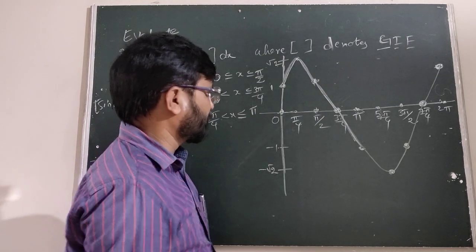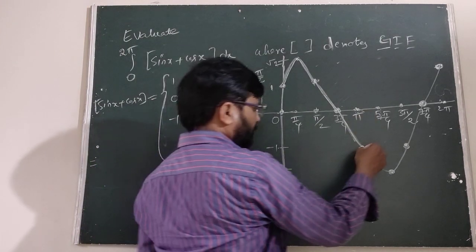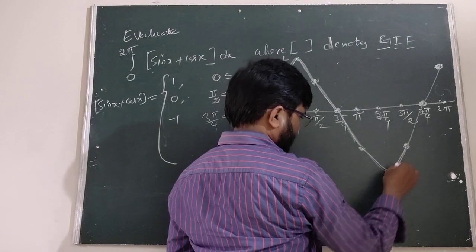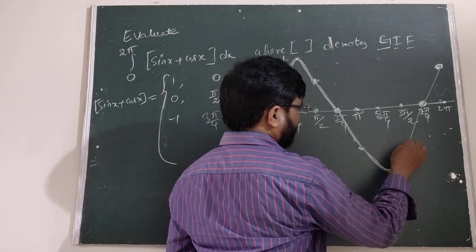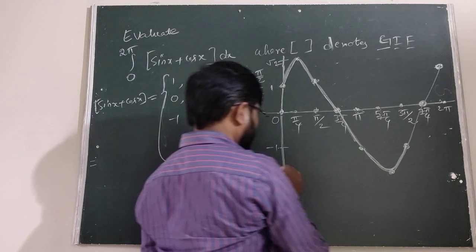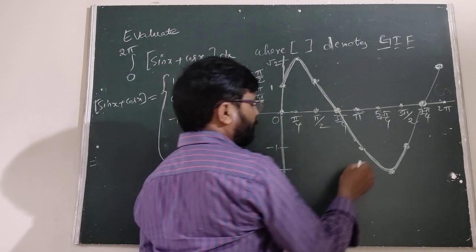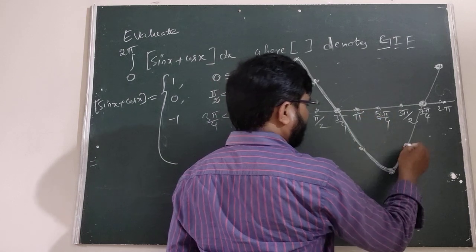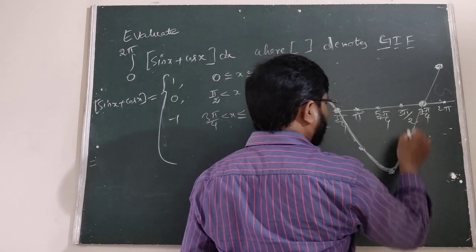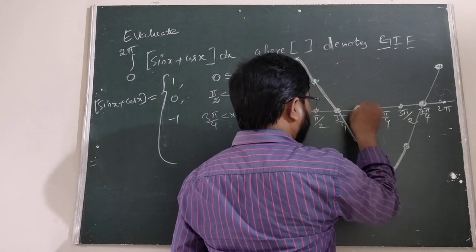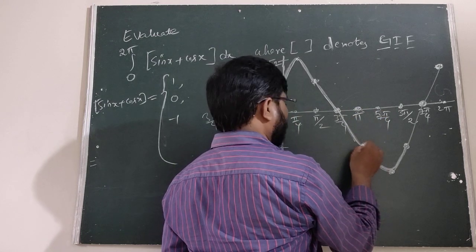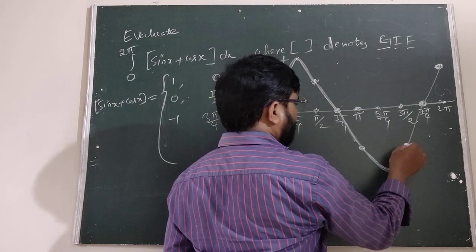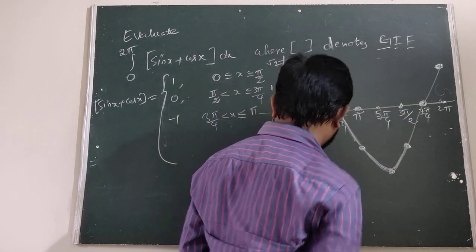So what about the next region? This is over. Now the next region is this one. These are all same, the minus root is there. How to write this? When we are taking, suppose pi by 2 to 3 pi by 2, what is this value? We have to know that the pi value is minus 1. This is also minus 1.